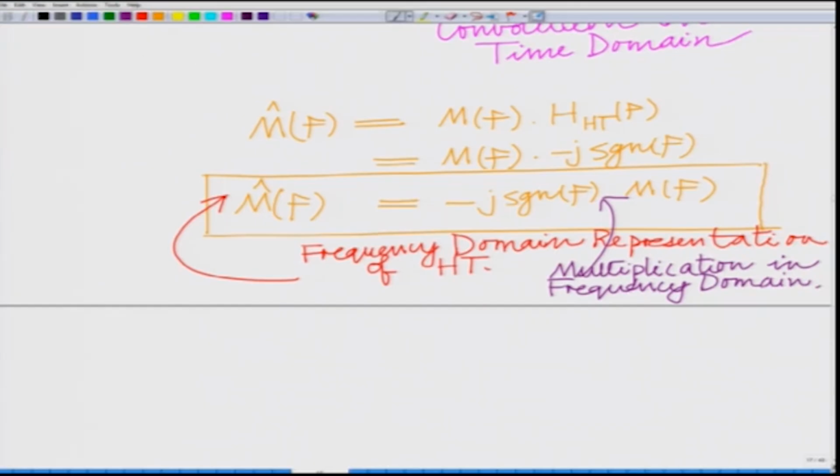All right. So, in this module we have developed the time domain representation of the impulse response of the Hilbert transform. That is, we have calculated the impulse response of the Hilbert transformer using two properties: the derivative property of the Fourier transform and the duality property of the Fourier transform, to demonstrate that the impulse response of the Hilbert transform is 1 over pi t, which corresponds to the spectrum of the Hilbert transformer, which is given by minus j sgn f. And therefore the Hilbert transform can be represented in the time domain equivalently by the convolution, that is, m hat of t, which is the Hilbert transform of m of t, is given by the convolution of m of t with 1